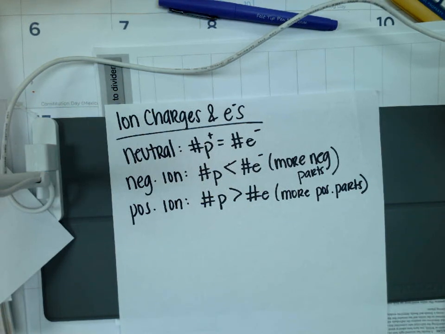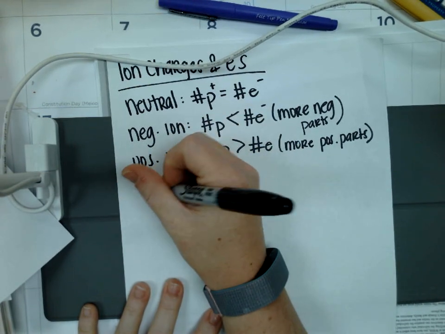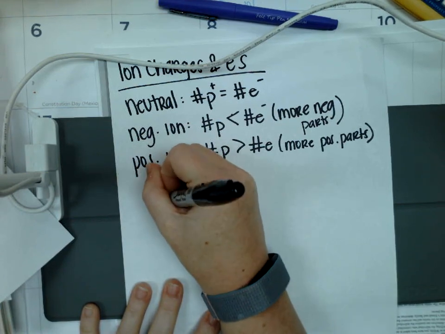So now let's just go through a quick example each way. I'm going to give you the protons and electrons first, and we're going to calculate the charge. Then I'm going to show you how to calculate from the charge to know your number of electrons. So if I were to say that we were looking at bromine,